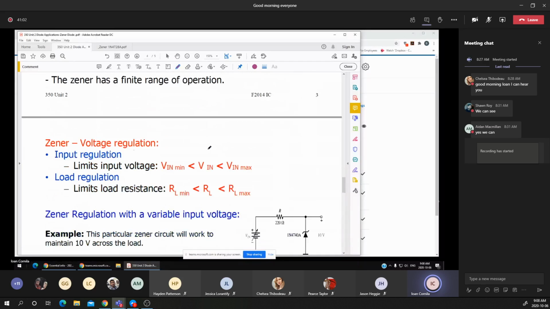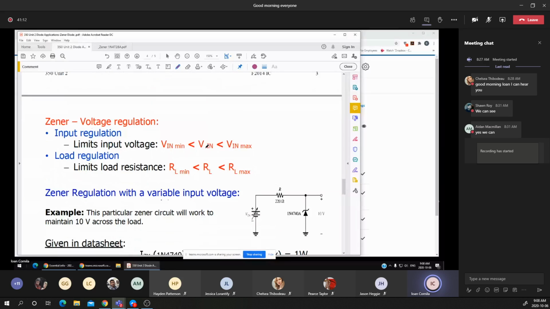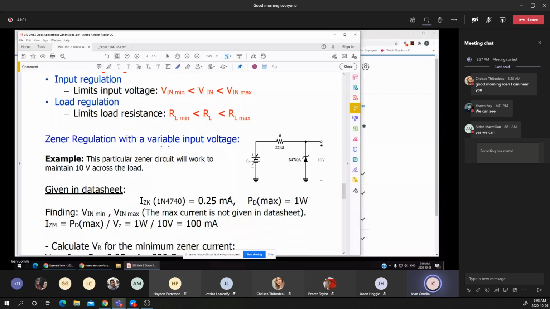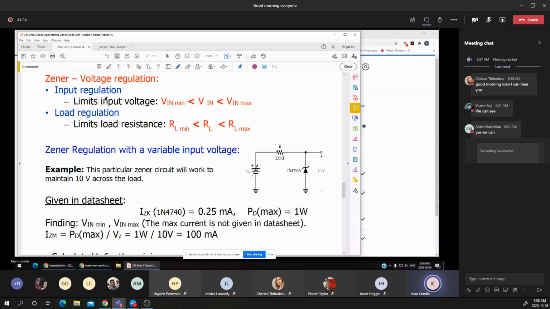In the next lecture, I'll go through step by step those three different types of problems that may occur from a practical point of view. The first type of problem is described in this diagram. Suppose that we want to determine the range of the input voltage for a given resistance, for a given